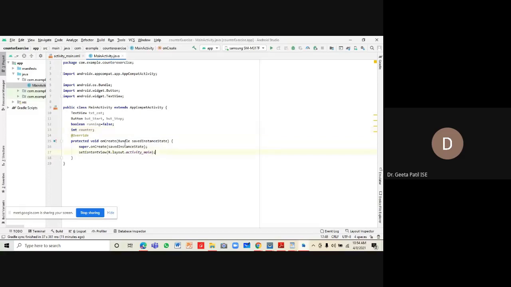Now, in the onCreate method, when the app is created and initiated, what do we have to do? First, we need to create references to the text count, button start and button stop.